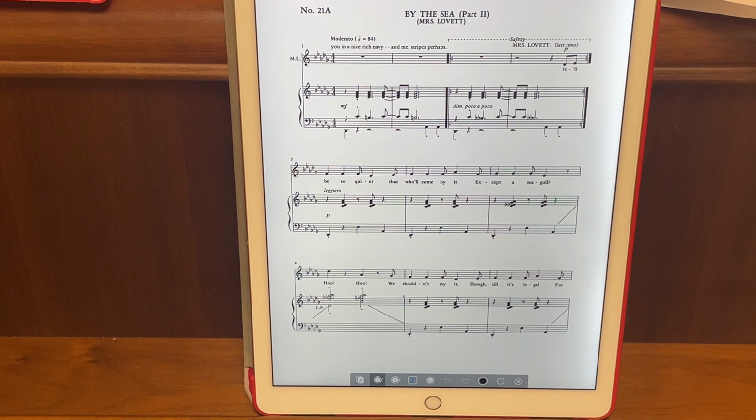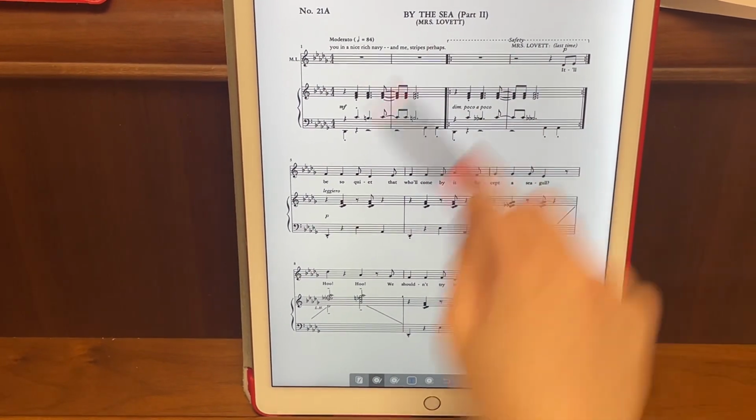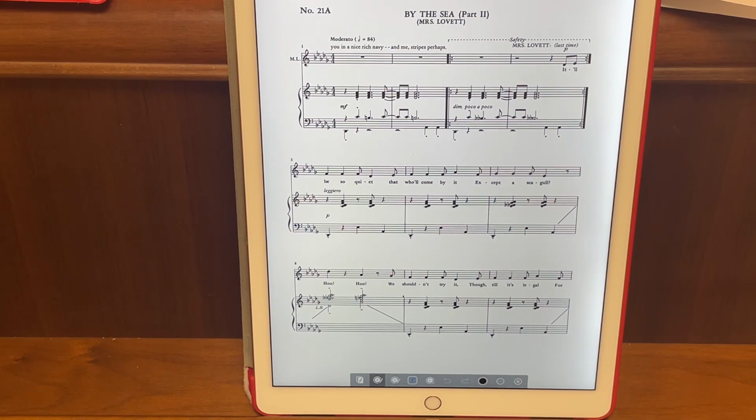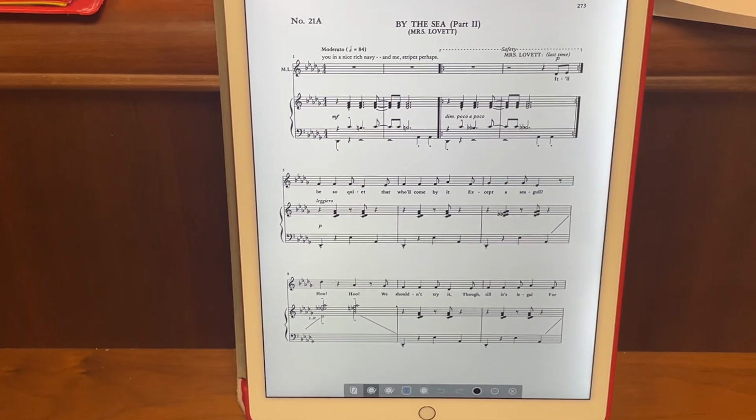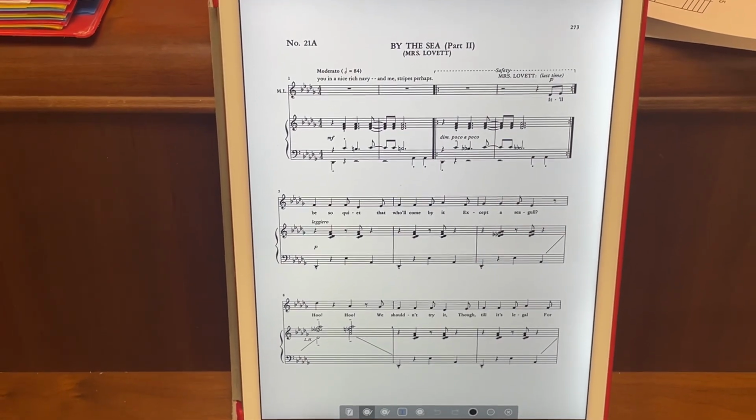Now, I apologize if you already know this. You probably already do. But the higher up on the staff a note is, the higher up you should sing, and the lower it is, the lower you should sing. So I'm going to zoom in a little bit more so you can see some of the notes here. In fact, I'll even adjust the angle a little bit. That's looking pretty good. So if I zoom in,